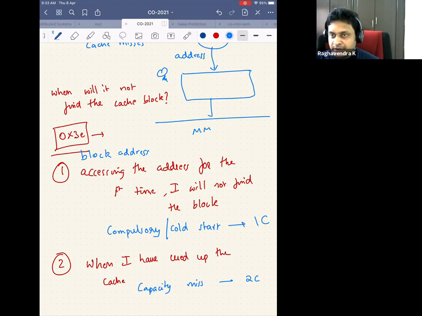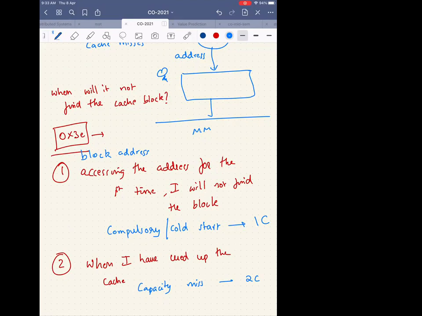But I will make a statement, let me know why it is true. Measuring the capacity misses of a cache makes sense only in a fully associative cache. It doesn't make sense if it's a direct map cache or a two-way or an eight-way associative cache. I can measure how many capacity misses there are only if I use a fully associative cache. Why is it so? Because in the case of the set associative ones, you have to see whether the set is used up and not the whole cache.